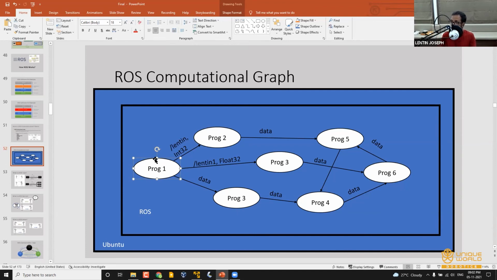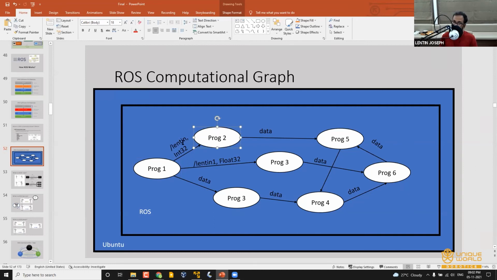Program 1 can create a data bus and send data through it. Then program 2 can subscribe to that data bus and receive the data. In the ROS computational graph, the data bus established between 2 nodes is called a topic. It's called a ROS topic.